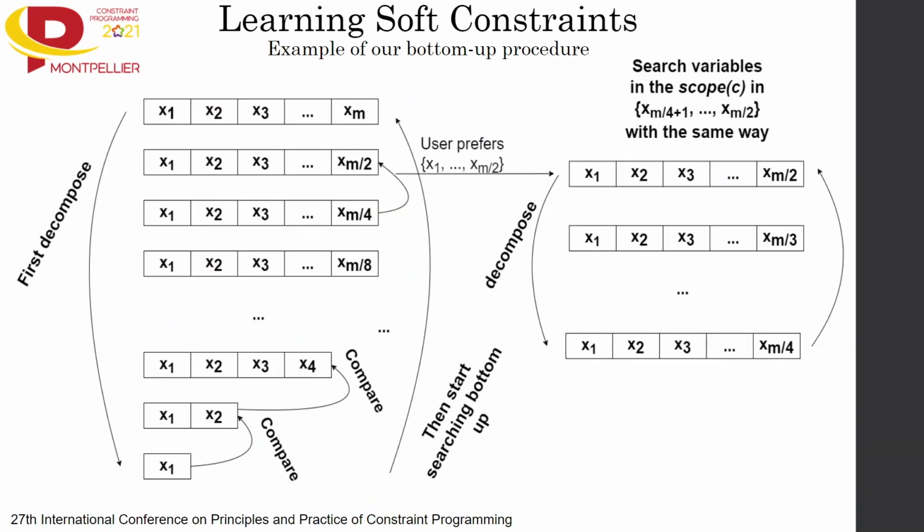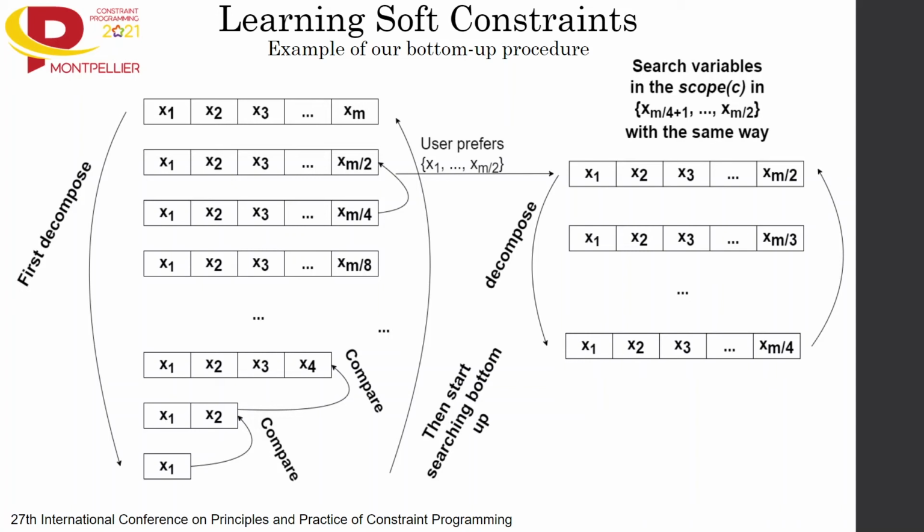We can see this in this example. Assume the previous decomposition and assume that the user answered with a preference at some point. Then the algorithm tries to focus on that set of variables that led to the satisfaction of more constraints. Our method uses the same way as before to find the rest of the variables from the scope of the